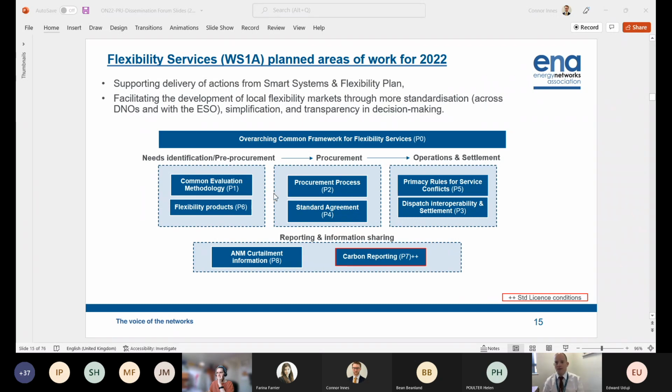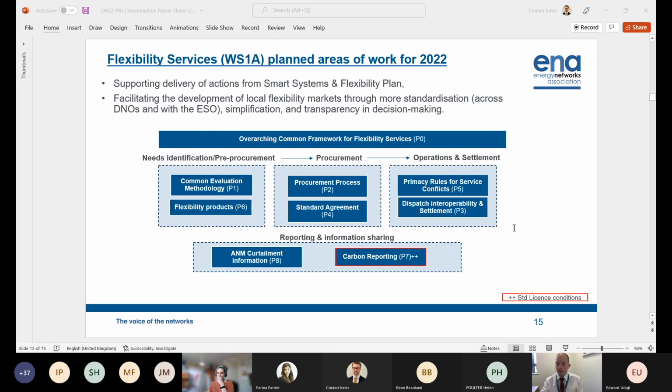And then finally, we've got an overarching common framework for flexibility services. So we understand that there's a full range of activities, from constraint identification, forecasting, through to optioneering and assessment, procurement, tendering, dispatch, settlement, a whole range of activities that need to be undertaken in a consistent and simplified manner to make flexibility work. And so through this P0 product, we are keen on doing a horizon scan across all